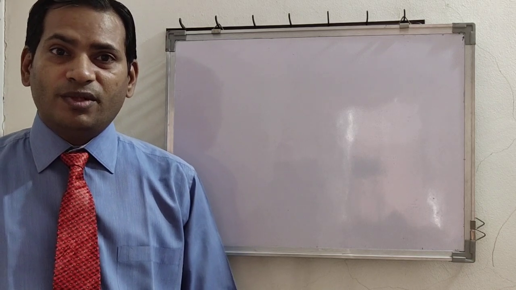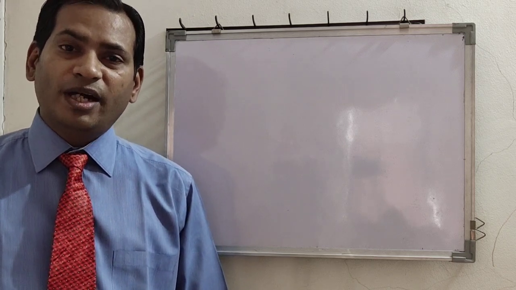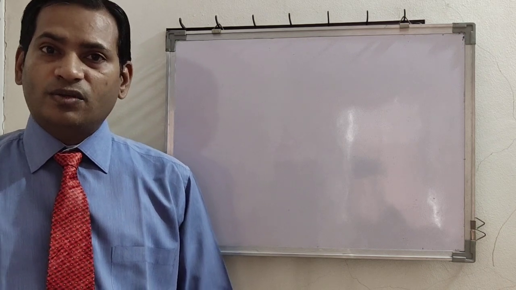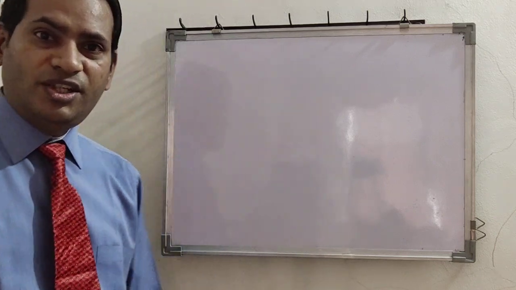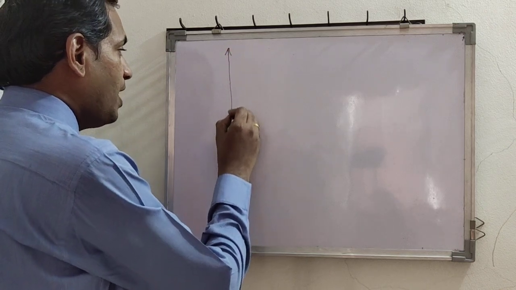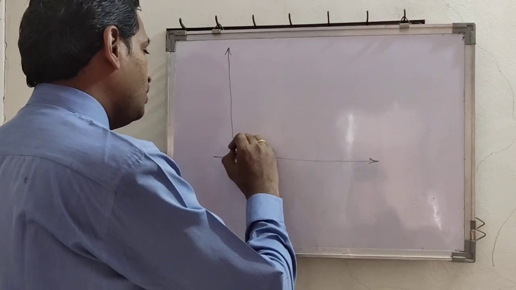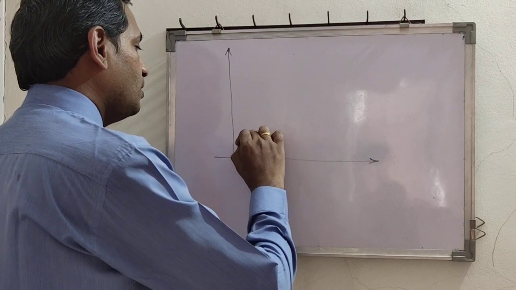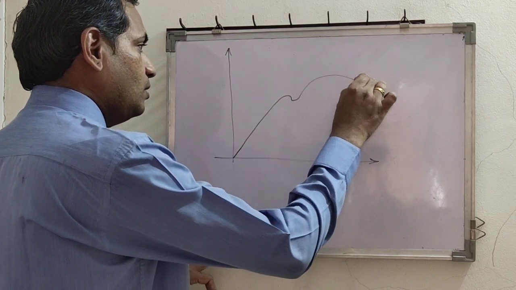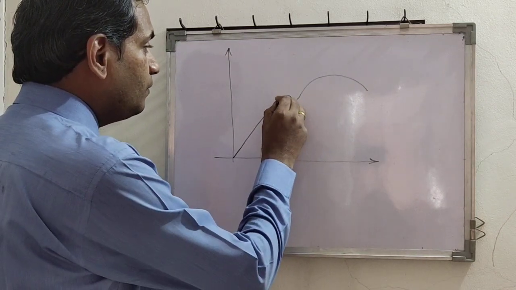We have also performed a practical on a mild steel bar, and we have seen how a mild steel bar behaves under stress strain test. So first of all we shall draw a stress strain curve, which is ideal stress strain curve for mild steel. Usually this is the curve for mild steel. Okay, now there are salient points on this curve.